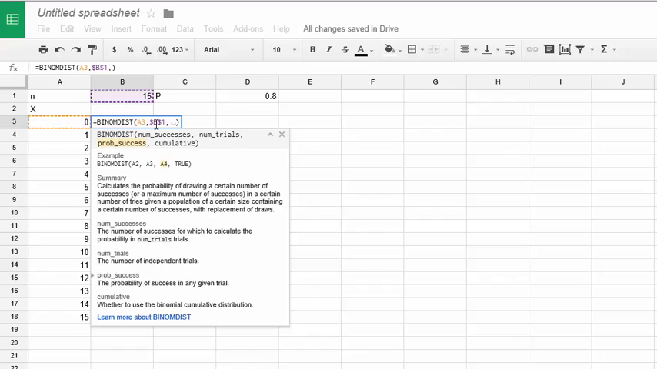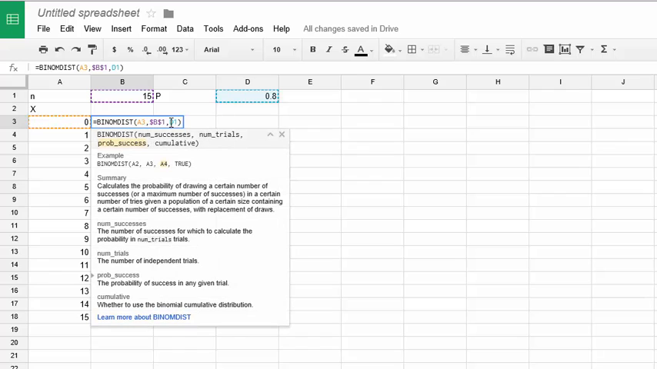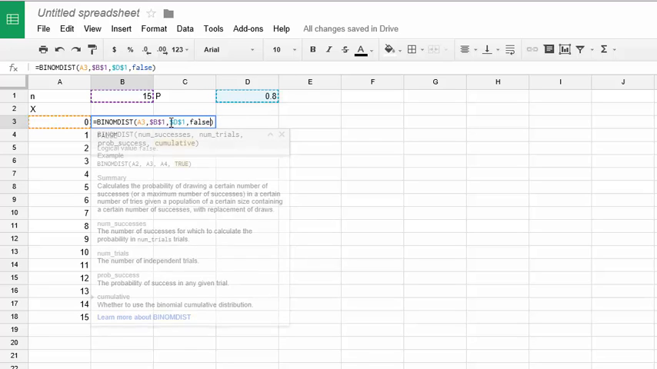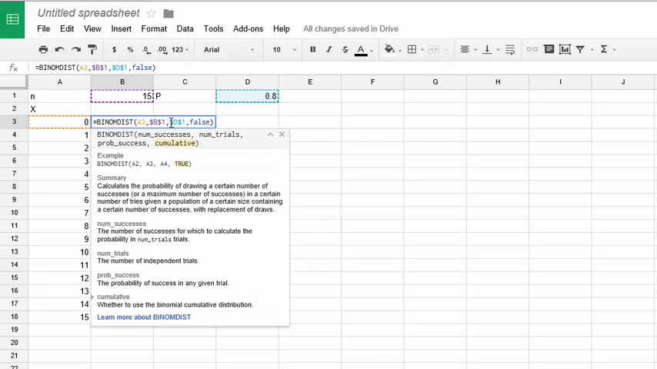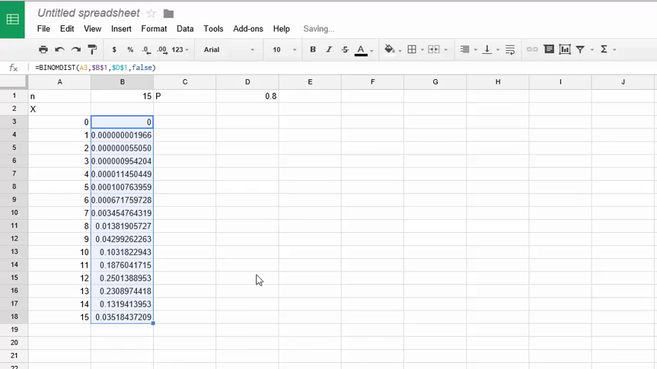Next we need to put the probability in. Similar to n, we also are going to use the $ sign so that it pulls from that specific cell. And then the last thing we're going to do is type in false. The reason we type in false is that we don't want the cumulative distribution. We just want probabilities for each of those actual trials. So you can see it's pretty small here for the 0 trial. Then we're going to pull this down all the way to compute the probability